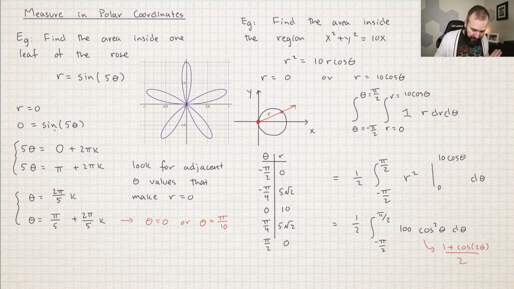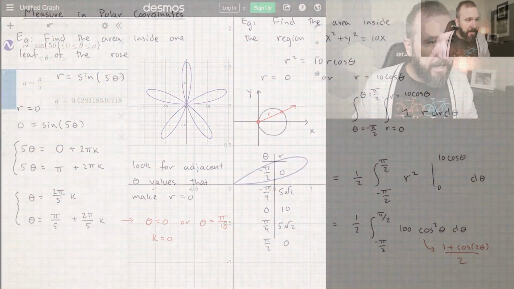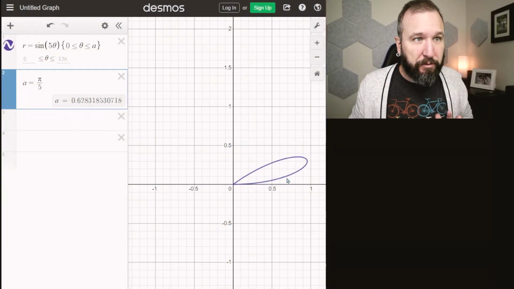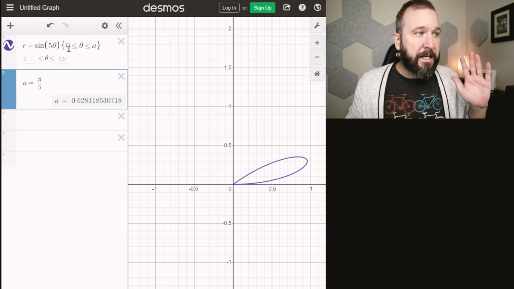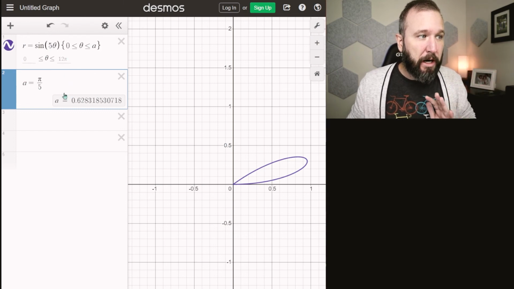So I've solved these in general. All you need to do is pick any two adjacent ones. So I pick the ones here where k is equal to 0. I just picked the first two. That is just this first leaf right here. You can see I have just made one leaf by going from 0 up to